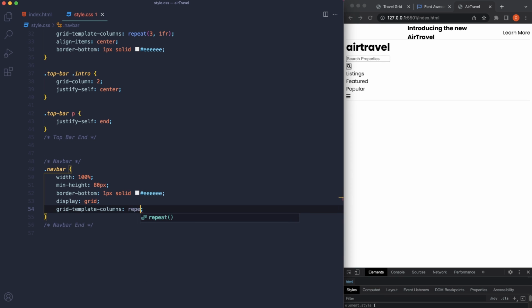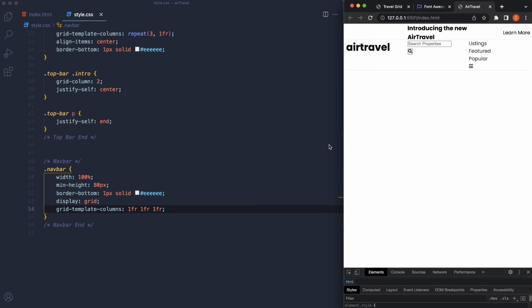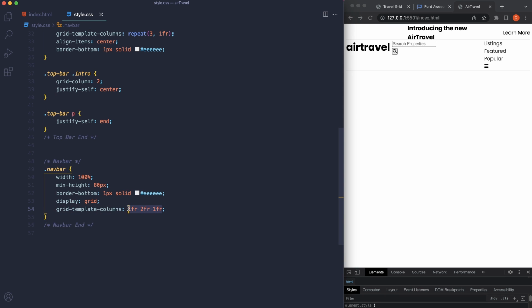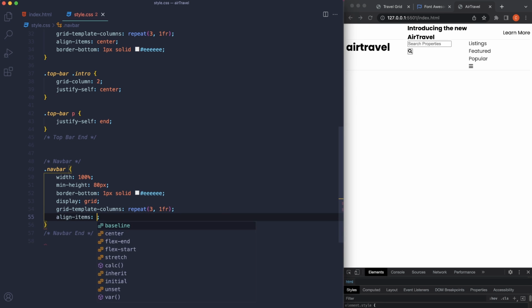So we could do the repeat, which is best practice. But what I want to show you, just so you understand, you could also type it out like this, which is another way to do it. In fact, if you wanted 4 columns, but you wanted that middle column to take up most of the page, 50% of the page, you could do something like that. But I just wanted to show you how that works. For this here, I'm going to say repeat 3, 1 FR, and then I want the align items